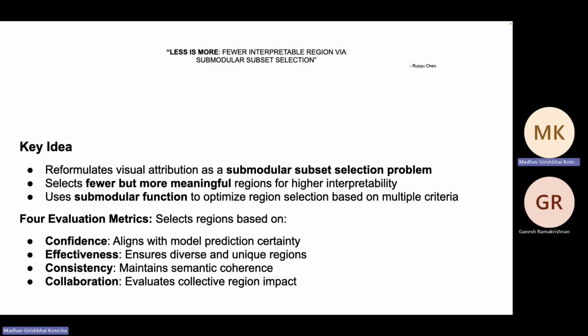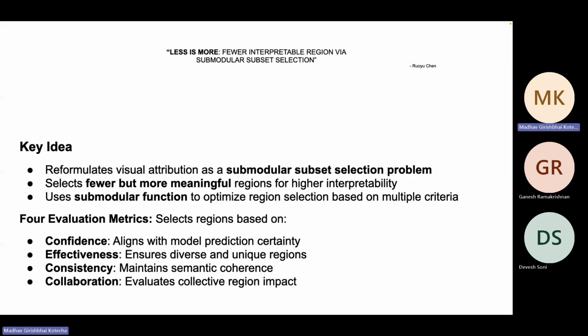So, we are going to present this paper. The first paper is Less is More: Fewer Interpretable Regions by Submodular Subset Selection. It was in